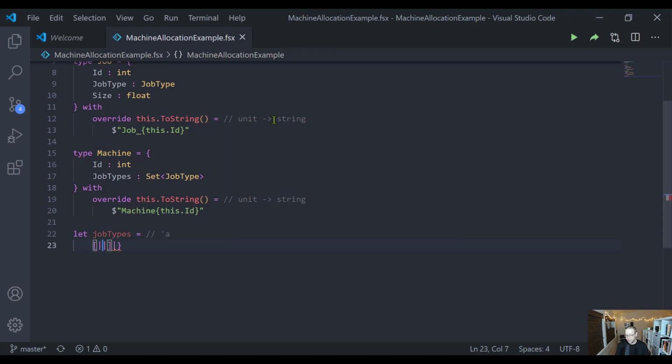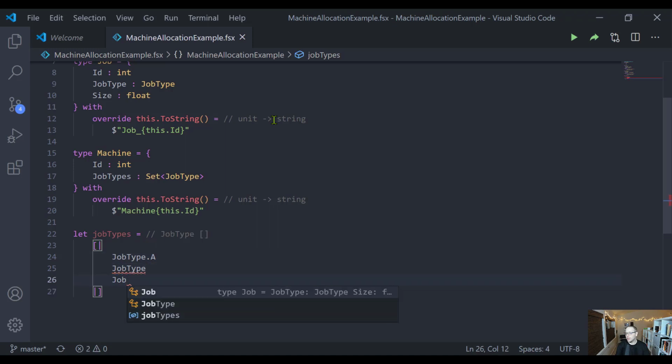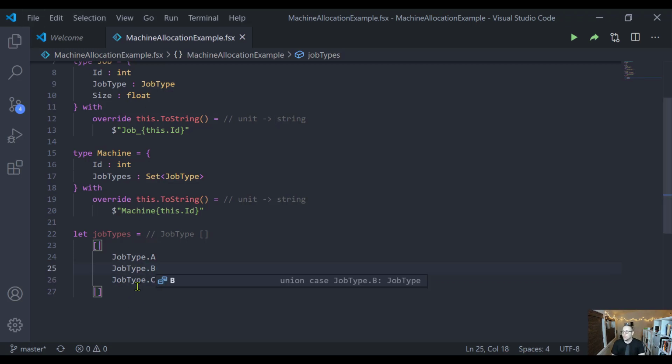Oh, let's clean that up real quick. And so job type A, job type B, job type... I see it. I see what I did. B. Cool. So this is an array. It has all the different job type values in it, in this case, cases. And we will use a random number generator just to randomly index into this thing to generate random job